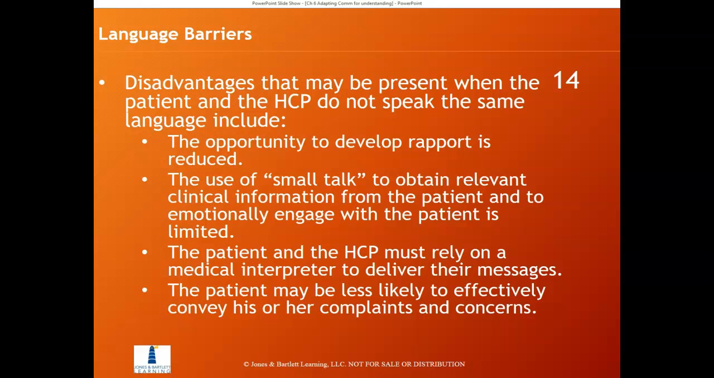Well, the opportunity to develop rapport is reduced. It's very difficult to do that if you don't speak the language. The use of small talk is basically thrown out the window because we can't really engage if we don't know the language. And the patient and the healthcare provider have to rely on usually a medical interpreter to deliver this